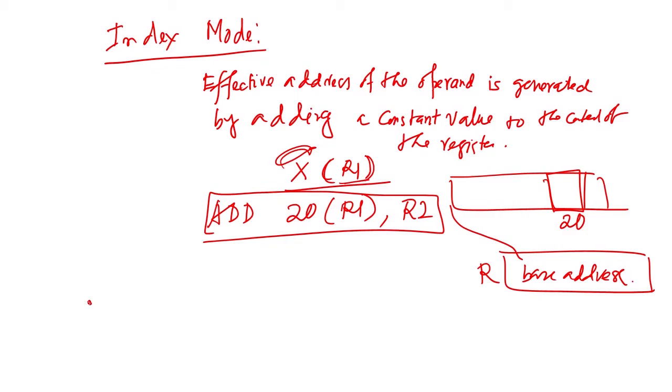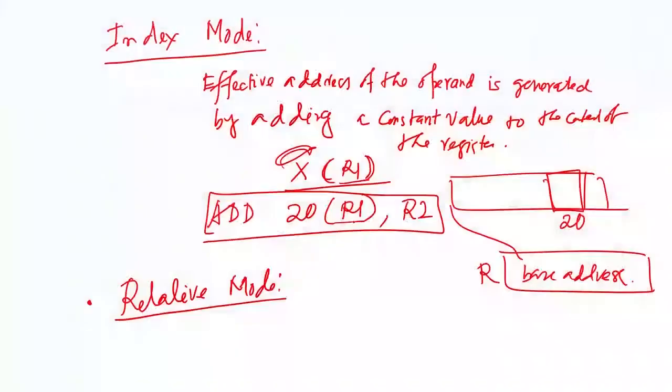So, one more is called relative mode. Relative mode means whatever the value with respect to a fixed register. Here this register is not fixed, we have to specify the register R1. Okay. So, relative mode is actually used with respect to the program counter value. So, one example I can give you. This is nothing but, let us say, you add x with whatever the value of the program counter.